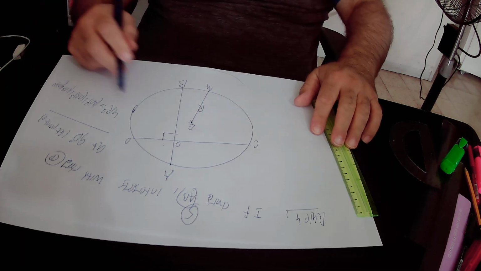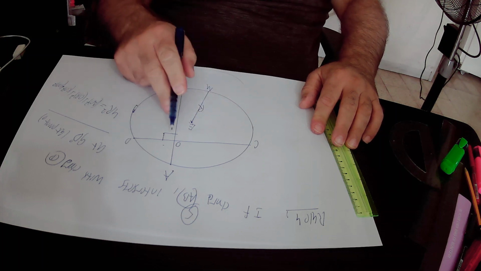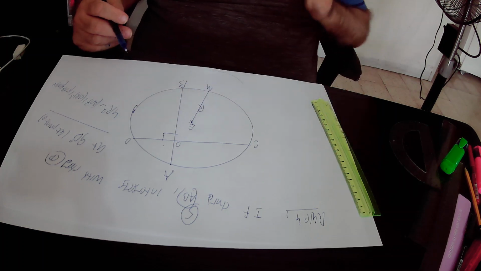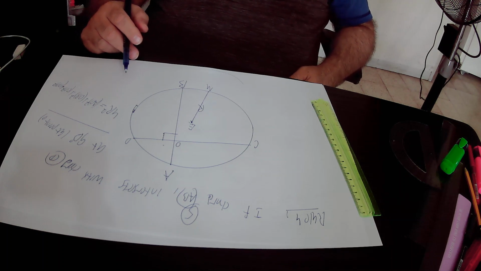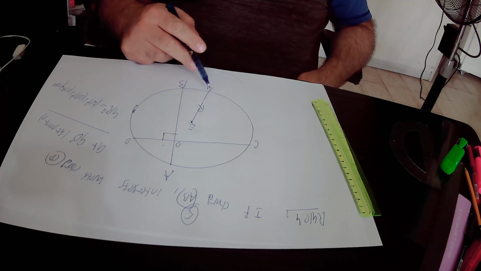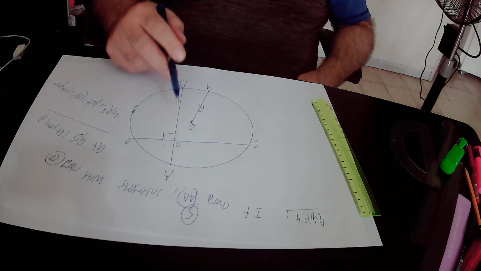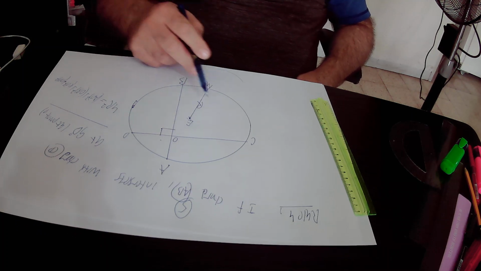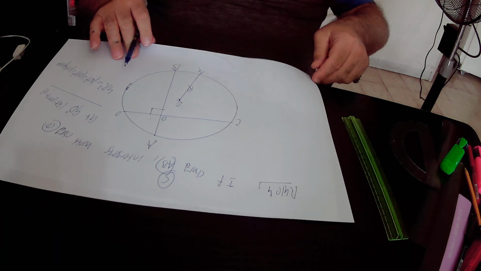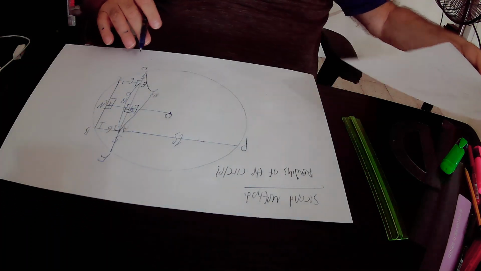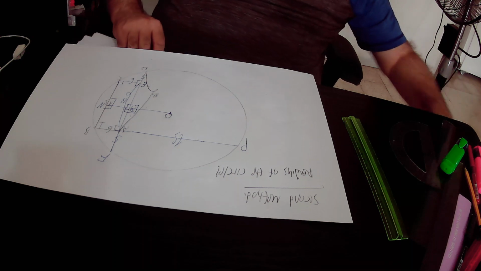I'll repeat again, if chord AB intersects with chord CD at 90 degrees at point O, then the following equation is true, that 4R squared, R is the radius of the circle, equals AO squared plus OB squared plus CO squared plus OD squared. So actually we can implement rule number 4 in our drawing. Why? Because in our drawing